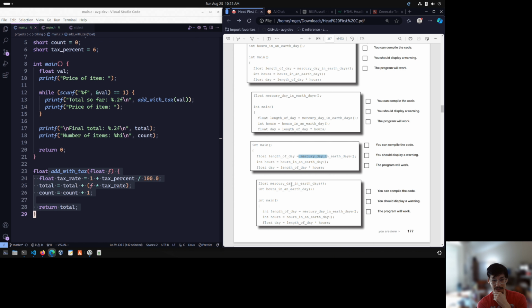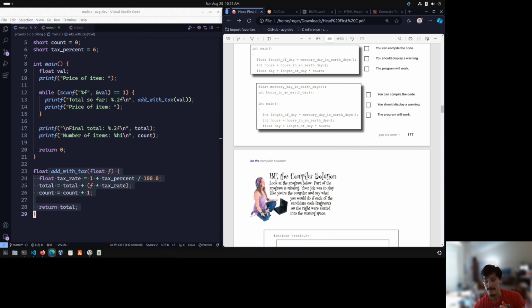What's the difference between this one? Oh, okay. So this one is assigning the result of Mercury day and Earth days to an int. So that's like kind of downgrading it. I don't know what it means by work, right? Does it run or does it not run? Does it give us the result or not? So we can compile the code. I think we'll get a warning on the type mismatch, and the program will run, but it won't really work correctly. So